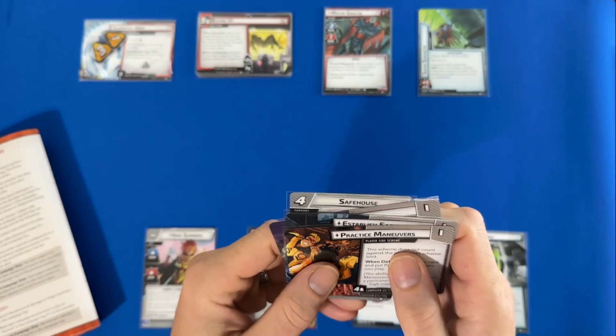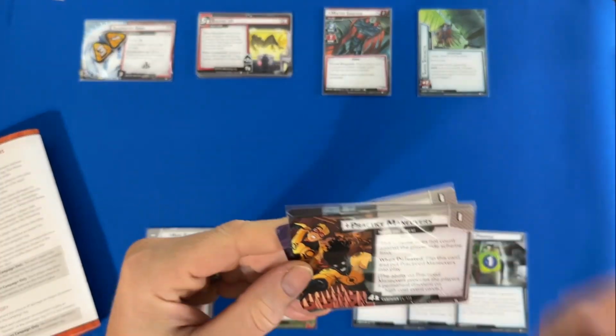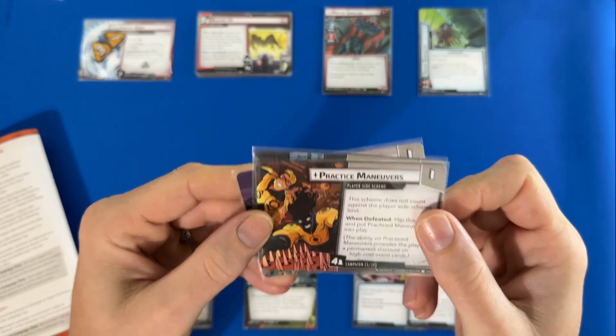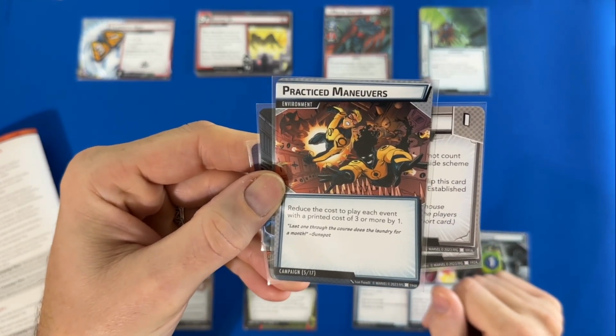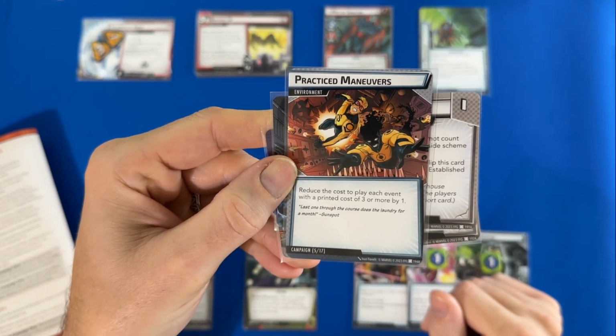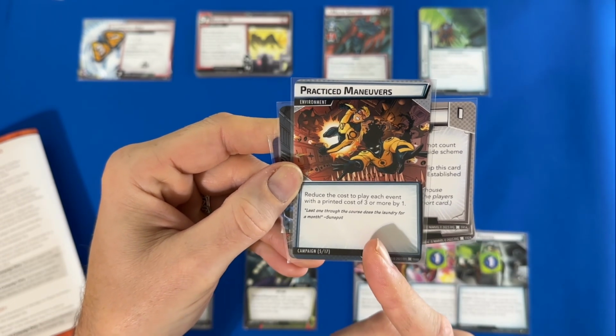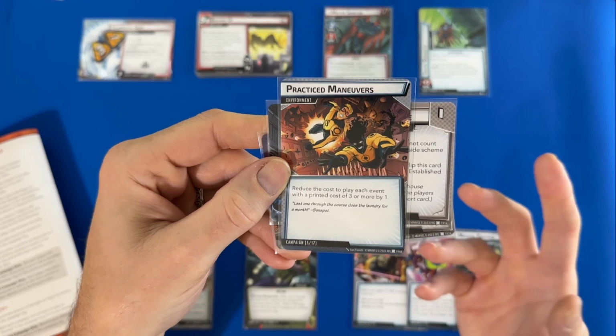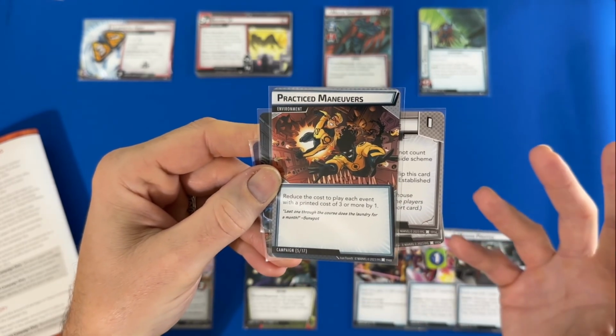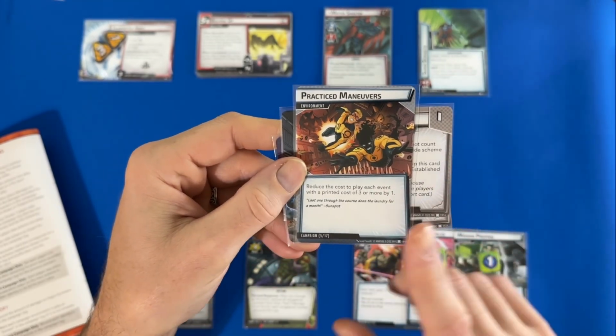And then this Practice Maneuvers one, I think, might be the most interesting of all of them. When you defeat this one, it says reduce the cost to play each event with a printed cost of 3 or more by 1. The only expensive card Drax plays is Knife Leap, and it gets reduced to 0. Again, the developers hate Drax. None of these cards are good for Drax. But